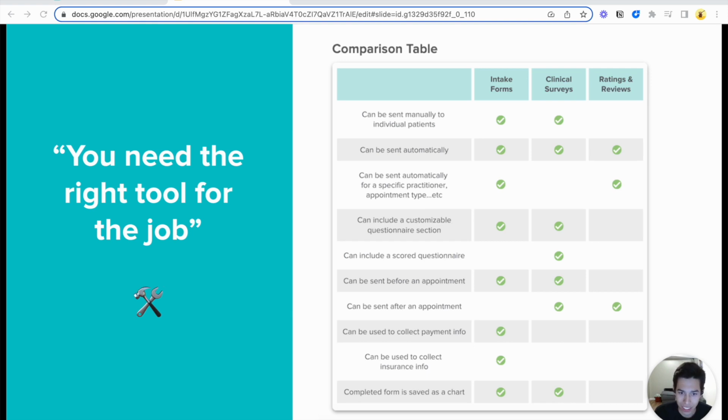And clinical surveys sits right in the middle of these two. It has some automatic features once they are set up. You do have to set these up individually on a patient profile. And these are primarily used to monitor patient progress over time. Unique to them, they are the only chart entry or the only questionnaire here that can actually calculate a score